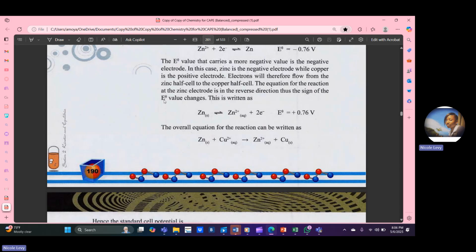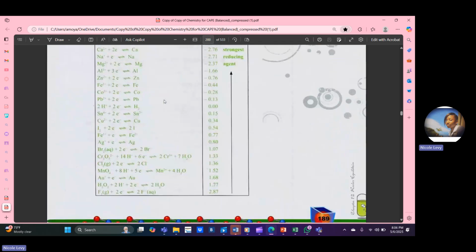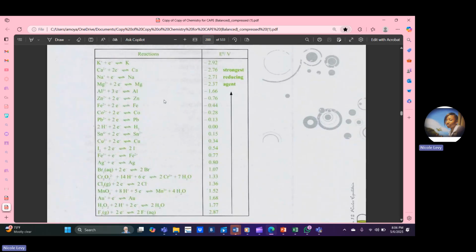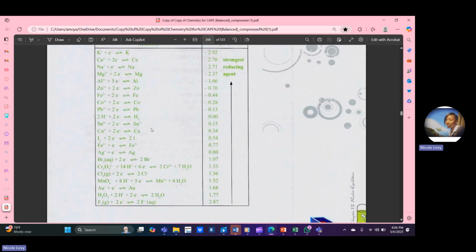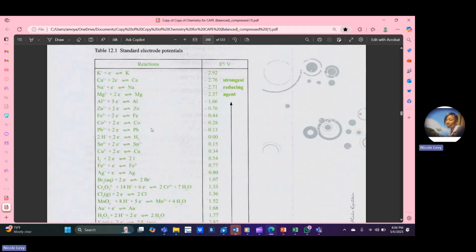Whenever you see the booklet that you're going to get in the exam, they're going to give you all the reactions in terms of reduction, because it is called the reduction table, and it's similar to something I gave you earlier in the course. They're going to give you the reduction reaction. So zinc ions will be on this side, and you have to flip it because zinc is more likely to